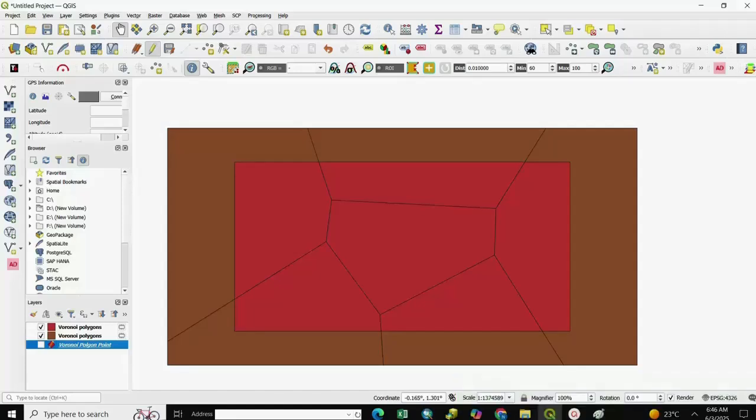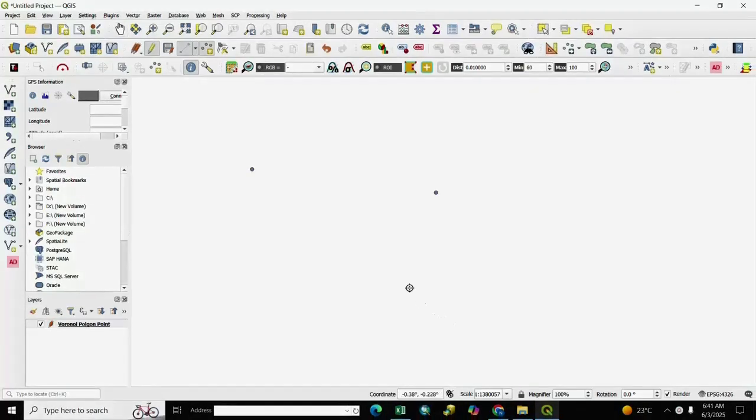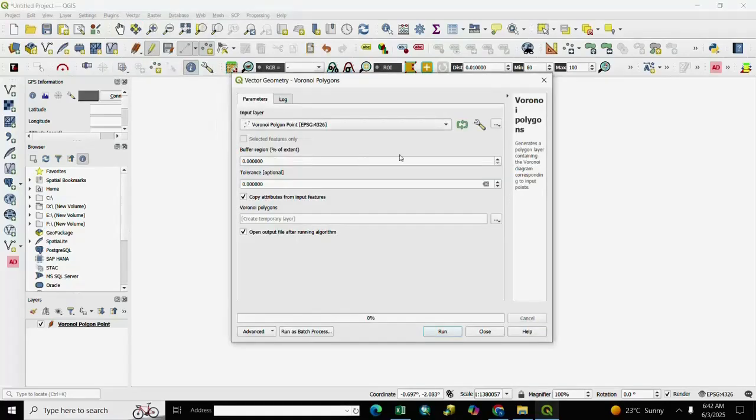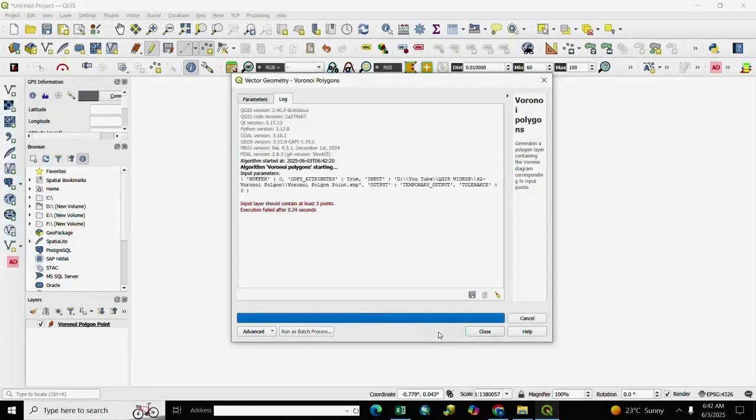So let's start. Here is our point layer and we go to Vector, Geometry tools and the polygon tool, and we select here the input layer, point, and then run.